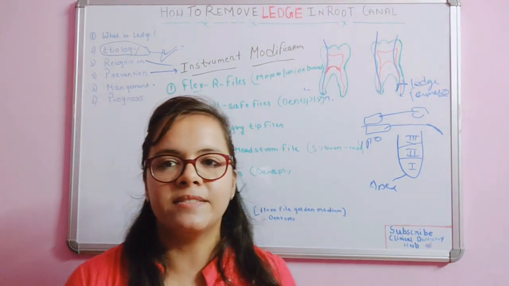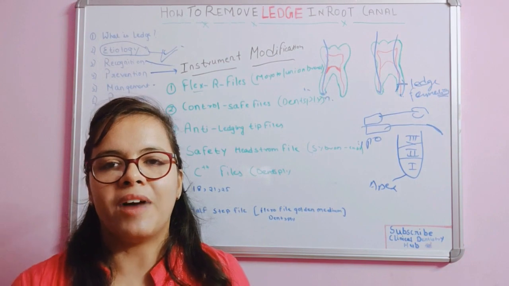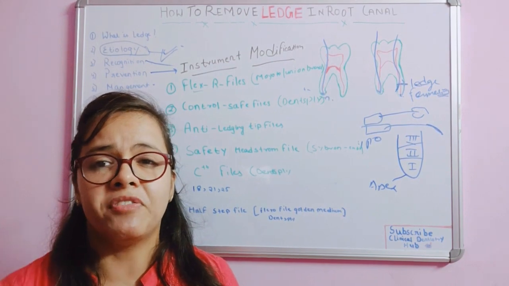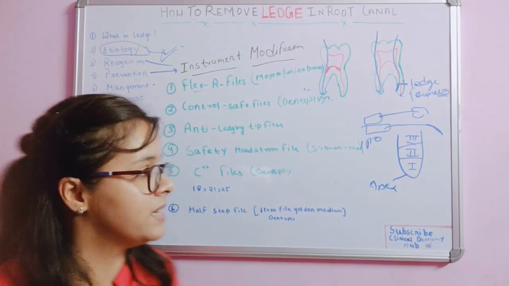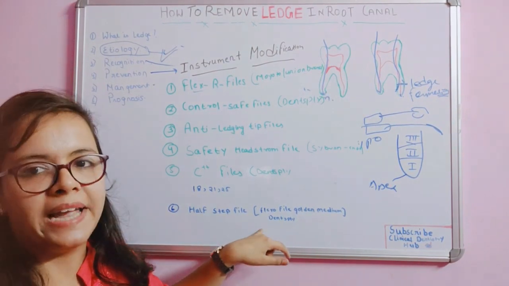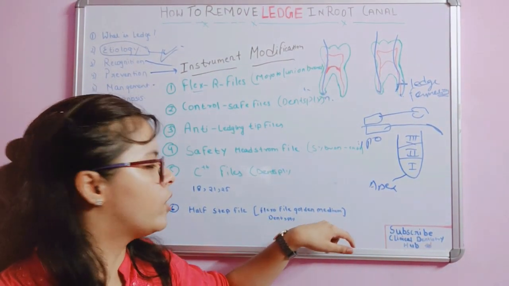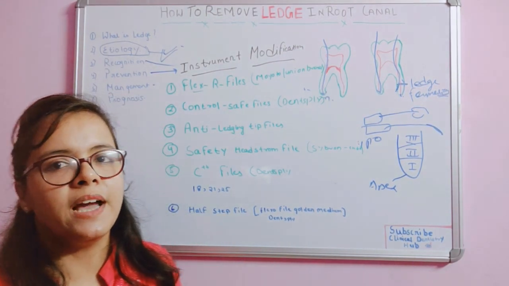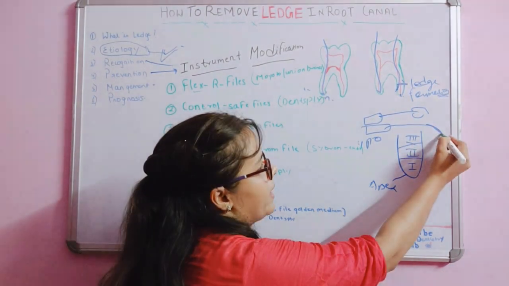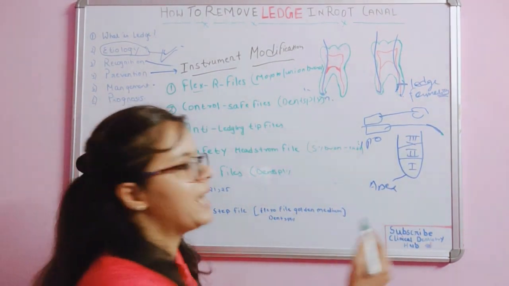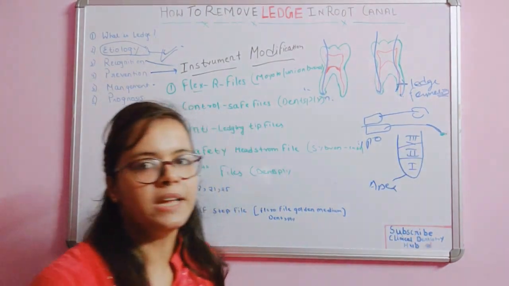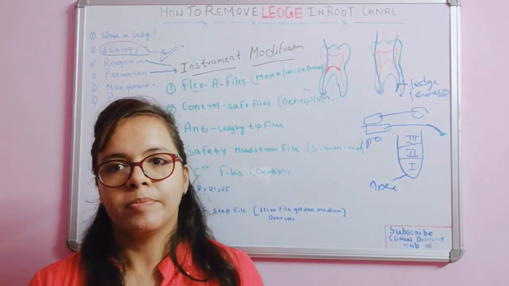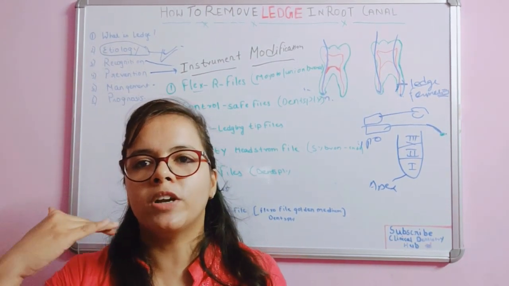What basically happens is that when you are preparing a canal and suddenly the file is very tight inside the canal, there is one very specific file made for this purpose only, that is the half step file, the Flexo file Golden Medium by Dentsply. When you see a K file, it has a pointed end. Basically in all these files it has a ball point instead. So instead of cutting in, these files will just slip aside from the canal. So these points are all about the prevention of ledge formation.